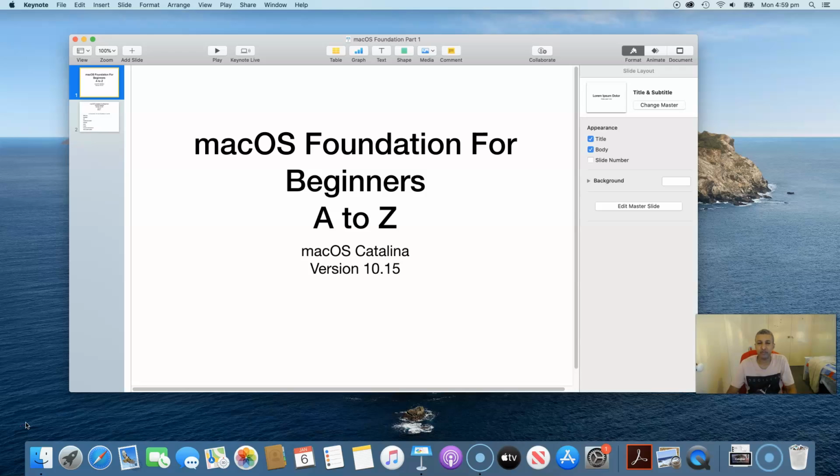As you can see, the title of this tutorial is macOS Foundation for Beginners. And macOS being the main application or the main operating system for any Mac, a product like MacBook, iMac, Mac Mini. So the current version of macOS is Catalina version 10.15. But if you are new to Mac or if you want to move to Mac, this course is for you